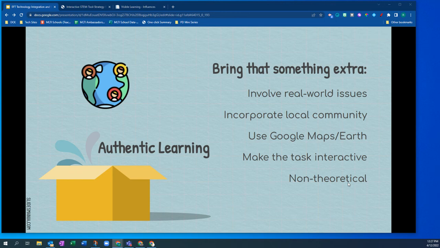Because if they're still doing things like, here are the sales for a random business that you're going to plot, that's not really authentic. That's not really engaging for them. It's very theoretical, and why not have them actually make it more concrete by creating that business piece